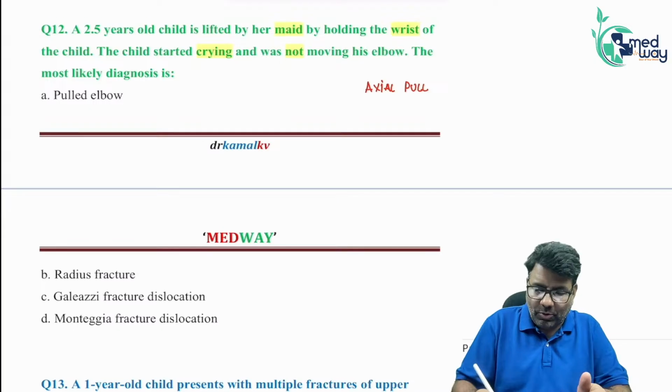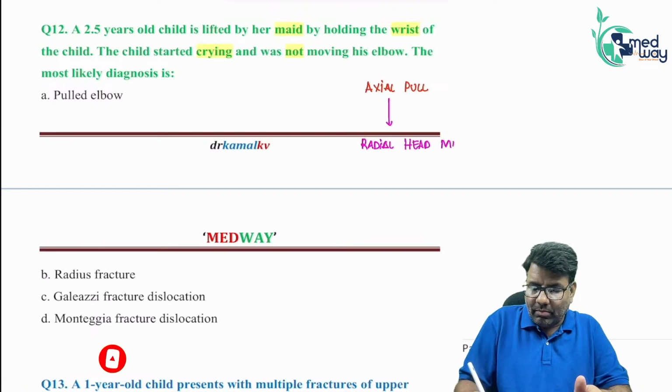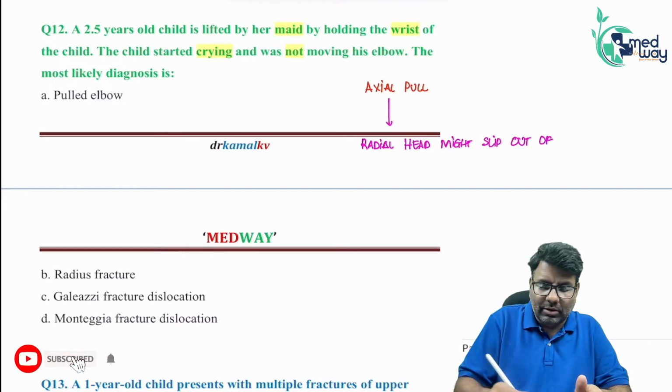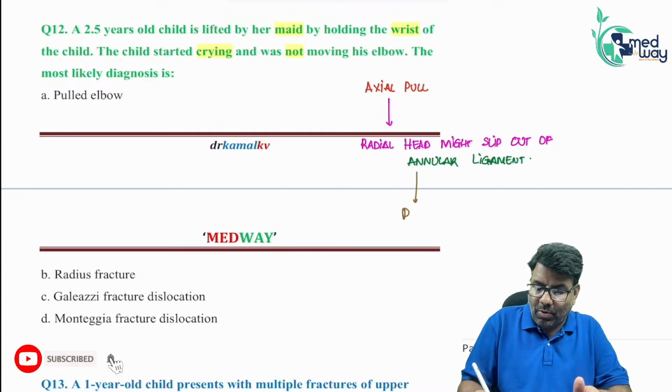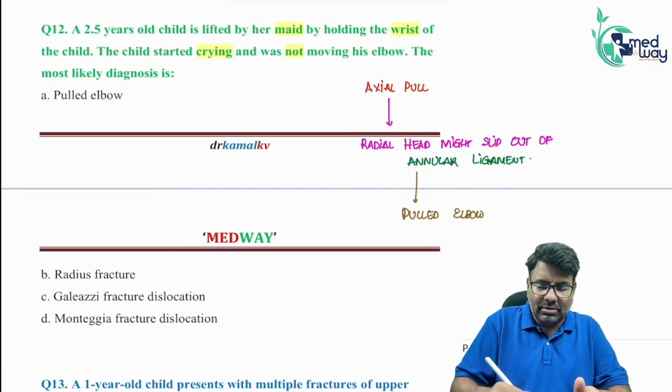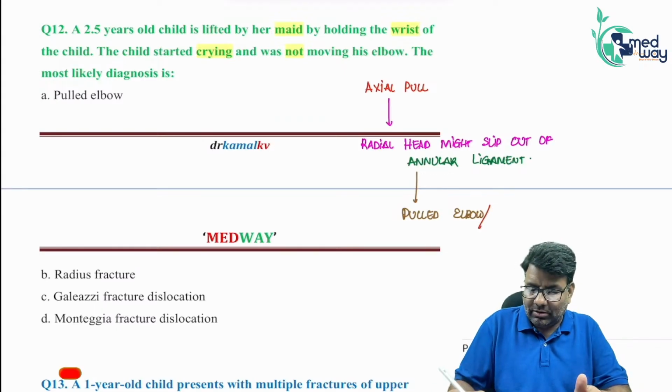And whenever there is axial pull, there is possibility that the radial head might slip out of the annular ligament. So it might slip out of the annular ligament, and this condition is known as pulled elbow. And since it is sometimes associated with maids, we also call it nursemaid elbow,